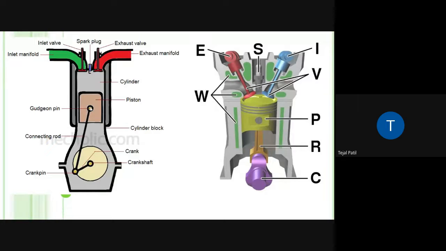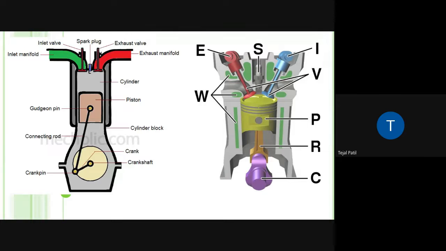Gudgeon pin is simply the joining part for the piston and the connecting rod. Similarly, the crank pin helps you join the connecting rod and the crankshaft. Now, as I said about the cooling jacket, it is the passage through which the coolant is going to pass. You can see the green part in this diagram. This is the passage for the coolant, which carries the heat from the whole cylinder and passes it towards the radiator to lose the heat into the atmosphere. So these are the basic parts of any